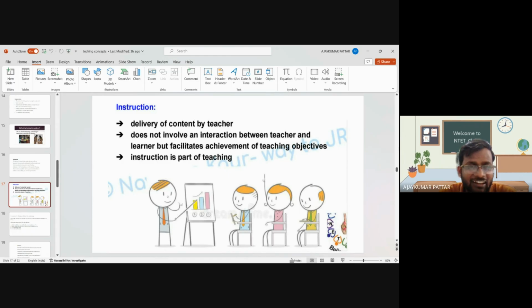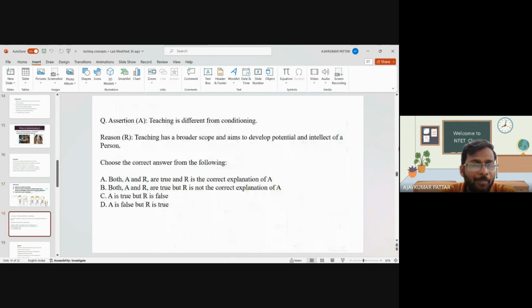Only interaction is absent in instruction; in teaching everything else remains the same, only the interaction is not there. That time we call teaching an instruction. That's all. Next,